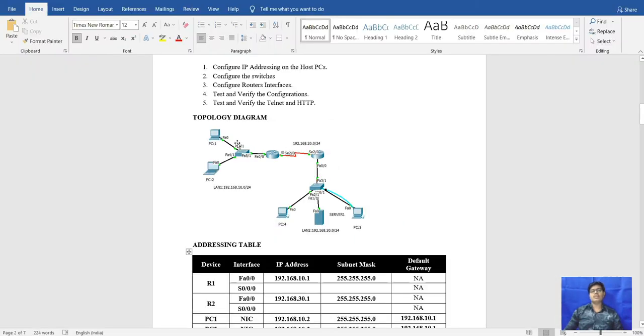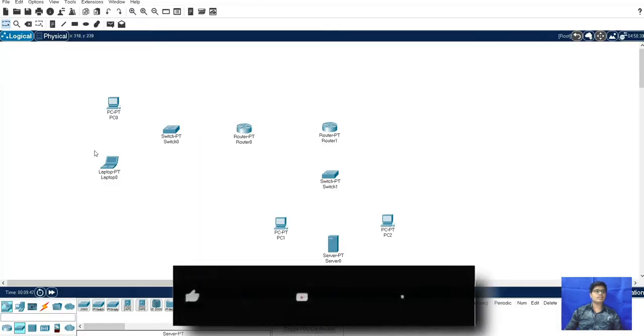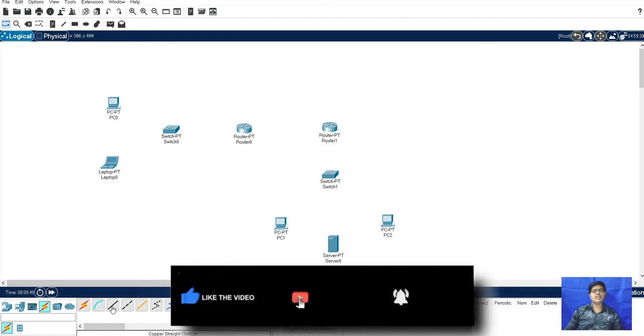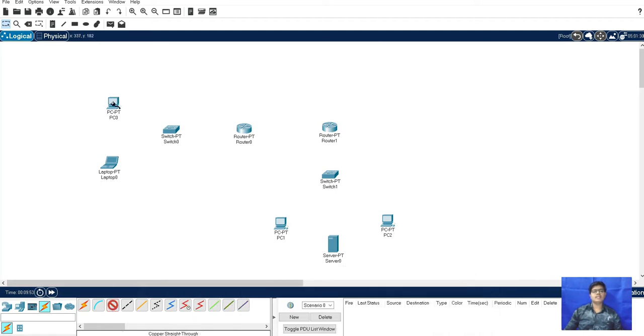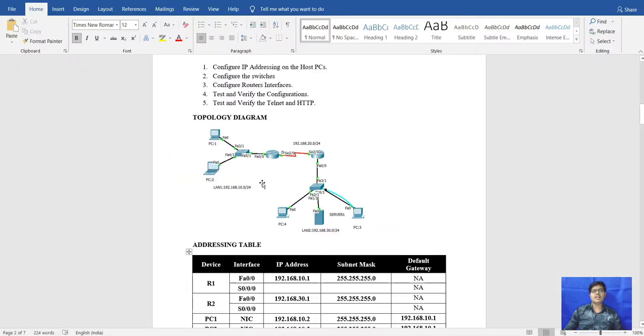Okay, so we will give the cable connections to all. Here are the cables. For that we will take copper straight-through, the Ethernet cable, fast Ethernet. So fast Ethernet is established. Next, we will need a connection from switch to router.